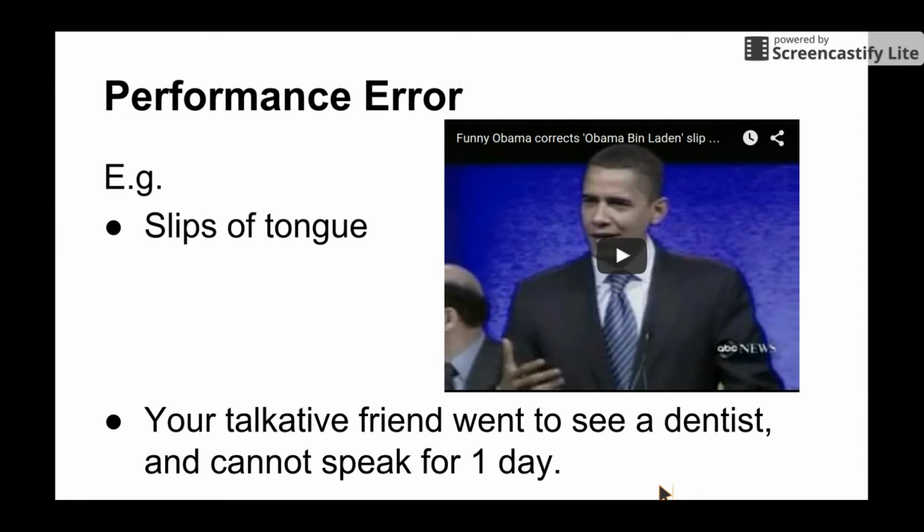However, he went to see a dentist and had some surgery, and he or she cannot speak for one day. You know his or her competence of language is intact. However, his performance is flawed. He cannot speak, right?